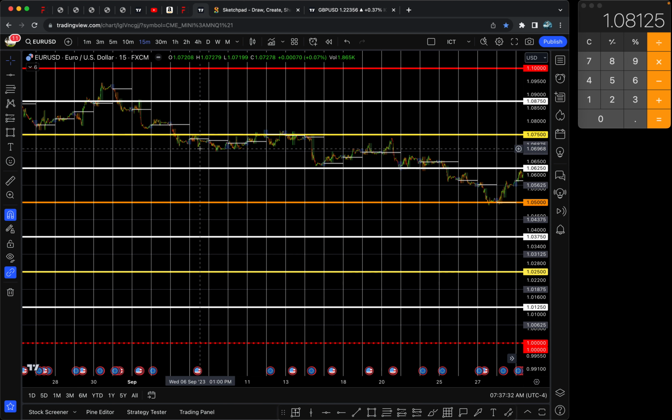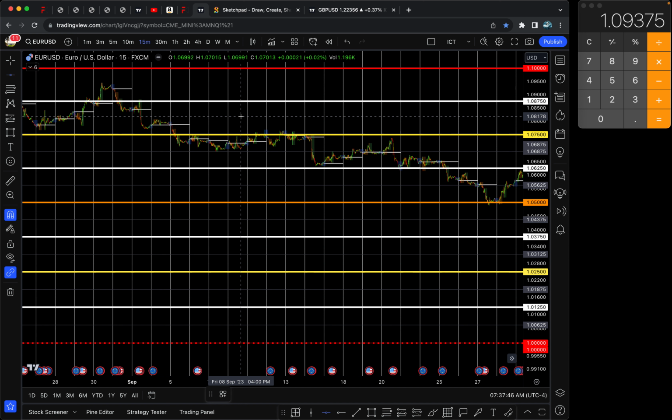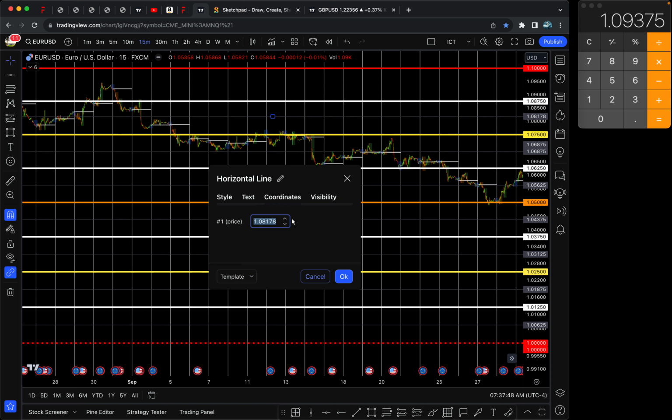Yeah, so look, you can see it. You're starting to see price reacting. And let me keep going. 0125. You're starting to see why these little tiny levels can be significant, because now, I don't know about you, but